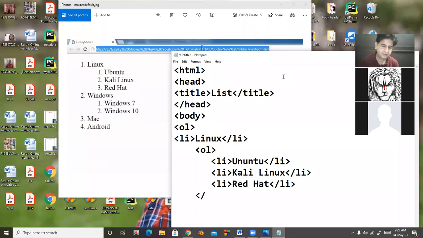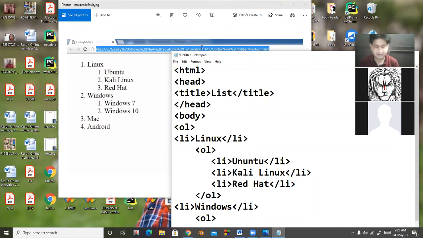I am using OL here, but the main list still continues. So the second list item is Windows, and LI closed. But after that, another nested list starts from here. The order is the same, numbering 1, 2. So we will take OL.